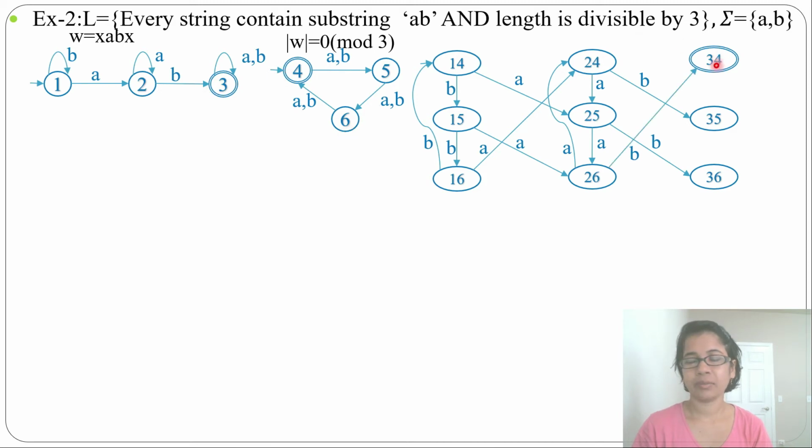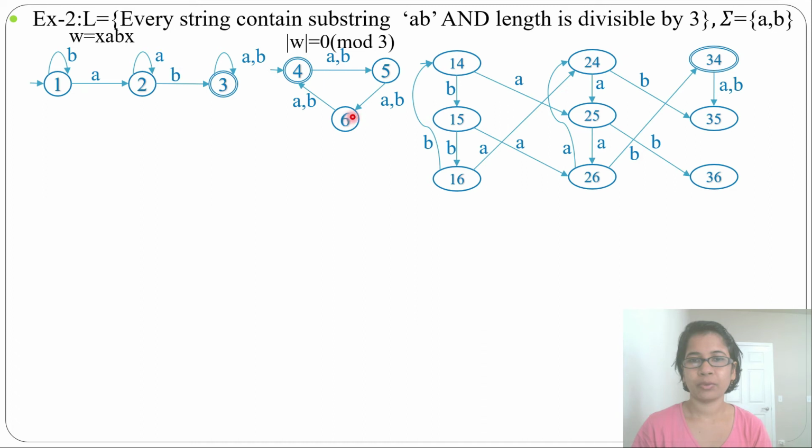Now I'll do it for 3 4. From 3 by A go to 3, from 4 by A go to 5, so from 3 4 by A it goes to 3 5. Now by B, from 3 by B go to 3, and from 4 by B it goes to 5. So for A, B both it will go to 3 5. Now I'll do for 3 5. From 3 by A and B it goes to 3, from 5 by A and B it goes to 6.